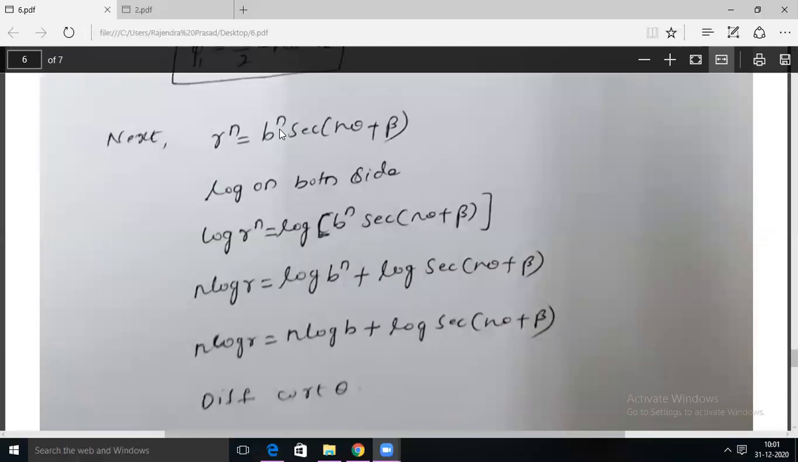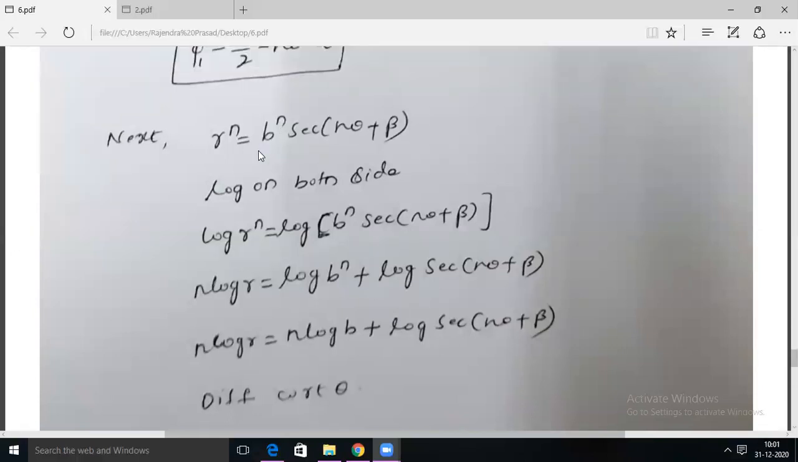The same procedure we have to follow, taking log on both sides. Log r^n = log of b^n into sec(nθ + β). This is of the form log(ab), which is log a plus log b. Log r^n is of the form log m^n, so we can write n log r. Log ab is log a plus log b. Again here